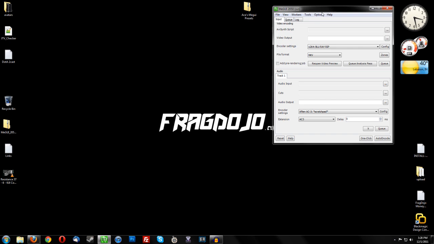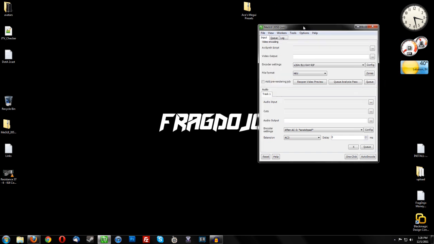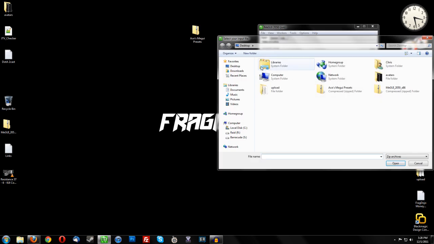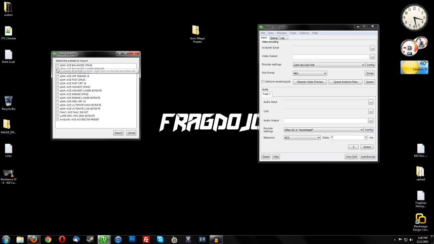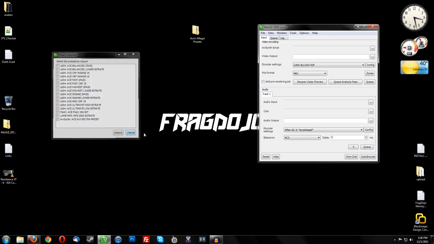So once you're in Megui and set up, ready to actually render a video, we're going to open up Megui and we're going to import my presets. Okay, File, Import Presets. We're going to find the file right here, import it. Now a checkbox will pop up saying, "Do you want to import these?" Actually, I'll just do it. I think they're already on there, but yeah. So you want to check all these boxes and hit import,